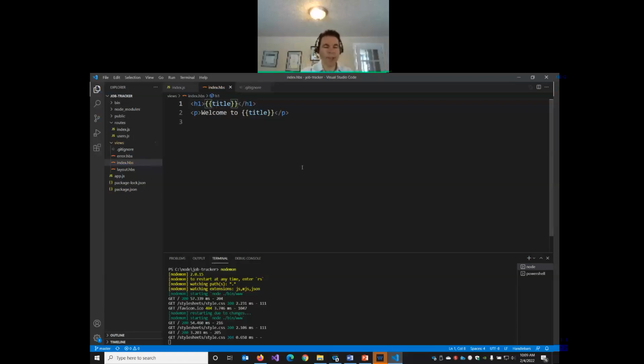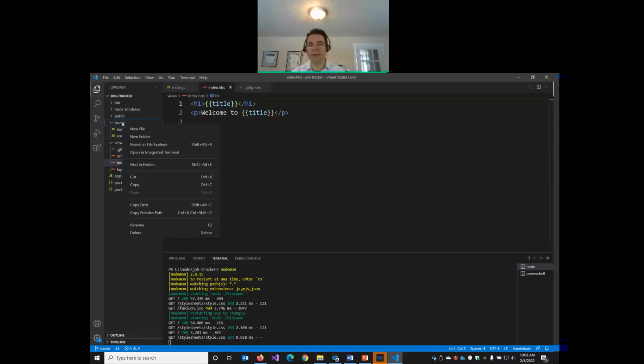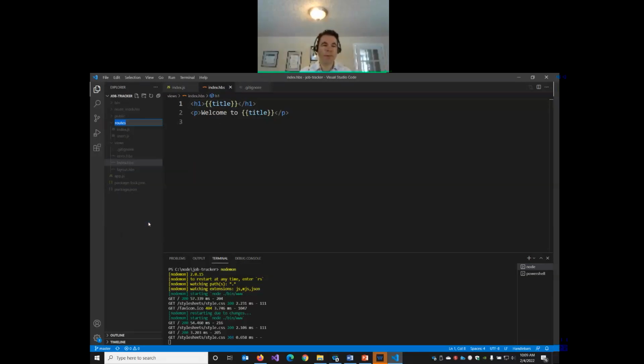Now, I'm going to change a couple of things here. There's a couple of things about the naming convention from the Express generator I don't love. One is that it uses this term routes. Really, these aren't routes. These are controllers. So I'm going to rename this folder as well as the references to it. You don't have to do this. This is just my own personal preference. I'm going to right click my routes folder and rename it to controllers,